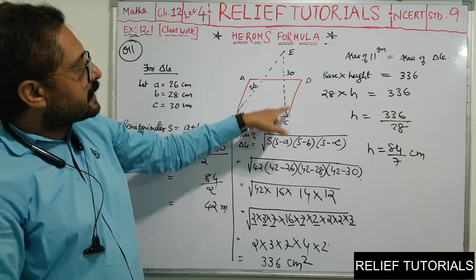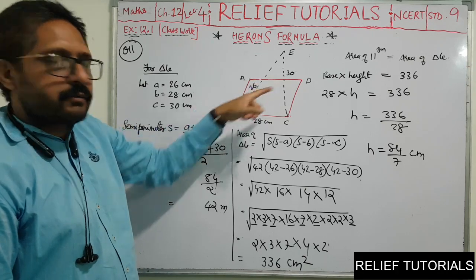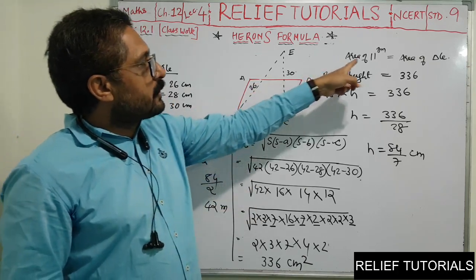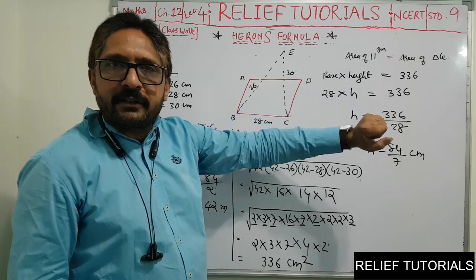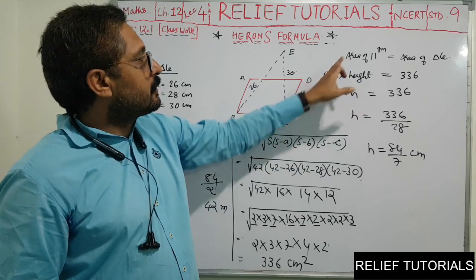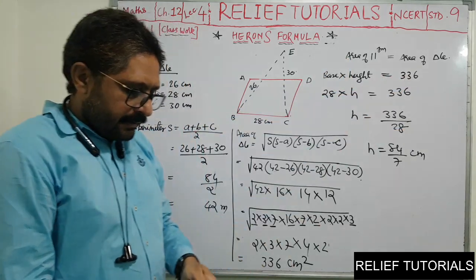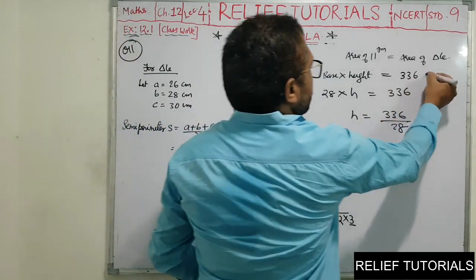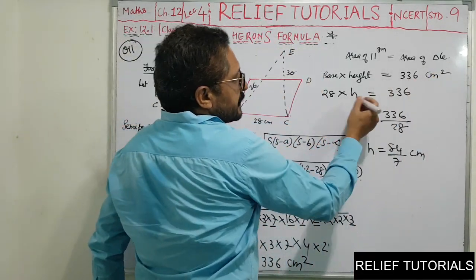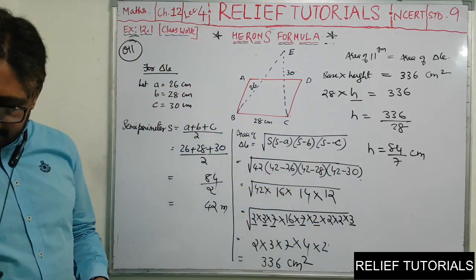But here, if you consider the triangle, you have the dimensions of 3 sides. So you can find the area of the triangle by using Heron's formula. Now area of triangle is equal to area of parallelogram. So we got one equation. And in this equation, there is one thing unknown, that is height. So area of parallelogram is base into height, and area of triangle is given. Clear? It is 336 centimeters square here. So now base is 28, height h, and 336. Only one thing is unknown, height. You can find height. Clear?